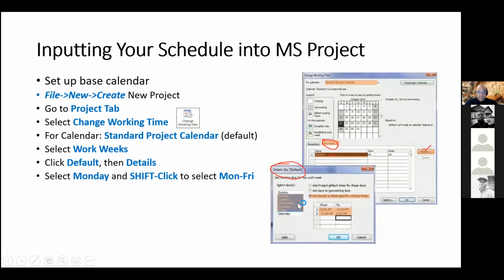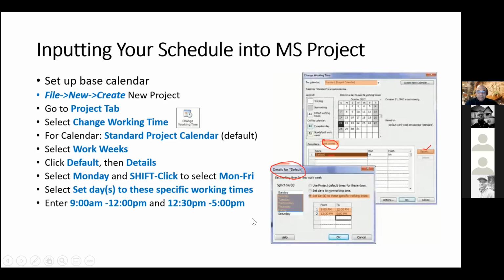You can shift and click to select Monday to Friday. And you want to select set days to these specific working times. You want to select that button. You can enter the days of your activities, 9 to 12, 12:30 to 5 p.m., like I showed in the